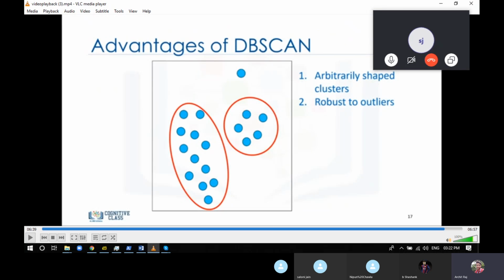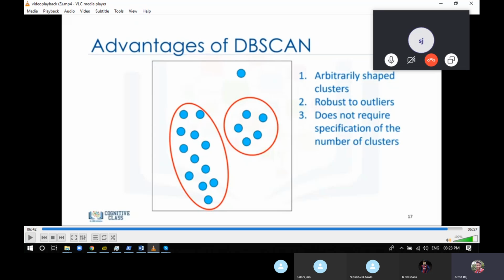It is robust to outliers, so you can find outliers. It does not require specification of the number of clusters. The only advantage compared to k-means is that this particular algorithm doesn't need the number of clusters at the very start. Just like hierarchical clustering, it doesn't need a predefined number of clusters.